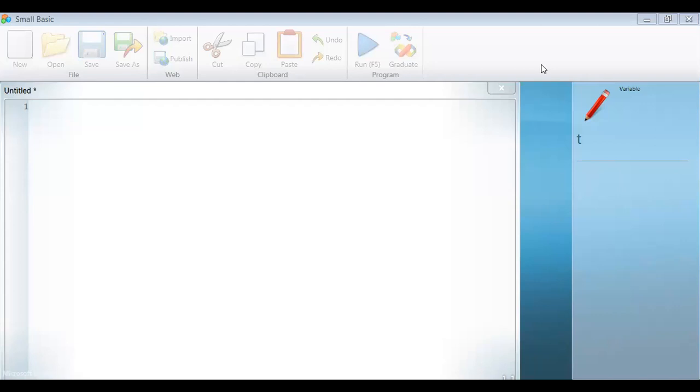In this session, we will see how to write a program in Small Basic. First of all, I just want to introduce you to this editor, and in this, we will see the interface appearing on our screen. Mainly four sections are there: the first one is File, second one is Web, third one is Clipboard, and the fourth one is